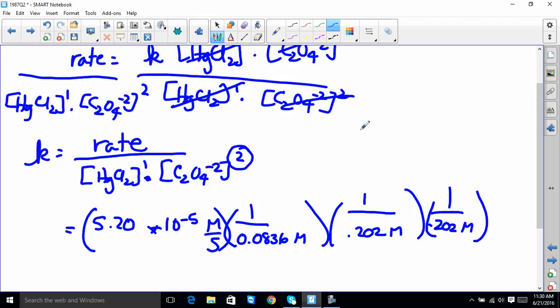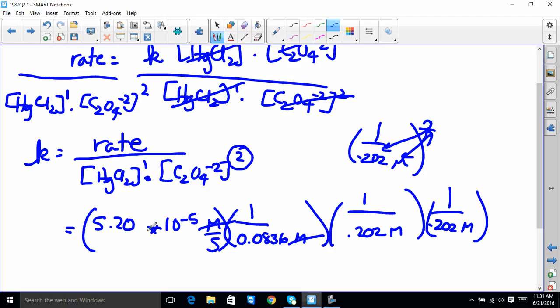If I write it down twice, there's a smaller probability that you will forget to square the 0.202 and that you will forget to square the molarity. So what happens is this cancels this, and when you do 5.20 EE negative 5 divided by 0.0836 divided by 0.202 divided by 0.202,